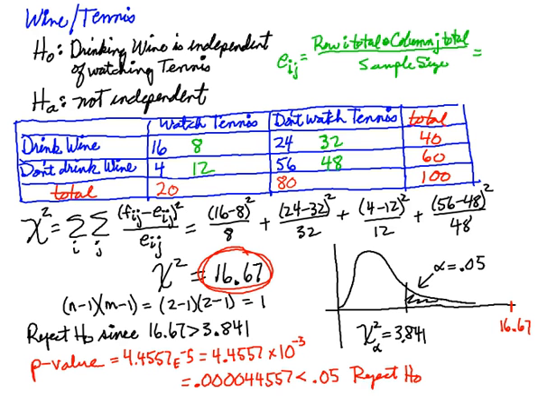Now, what does this say? This says that they are not independent. So I can conclude that drinking wine and watching tennis are not independent. Now that's interesting. I wouldn't have thought that, looking at the problem at first, that there would be a